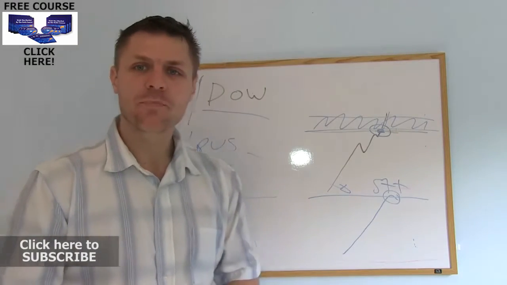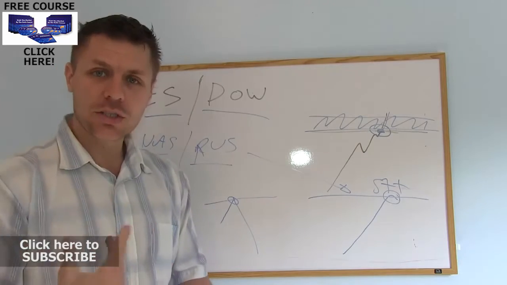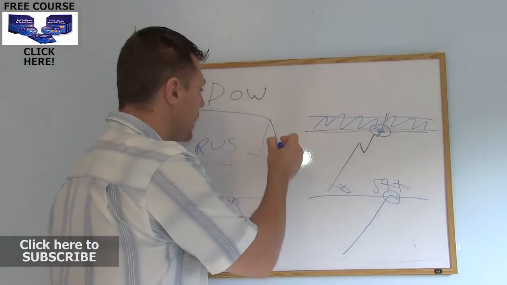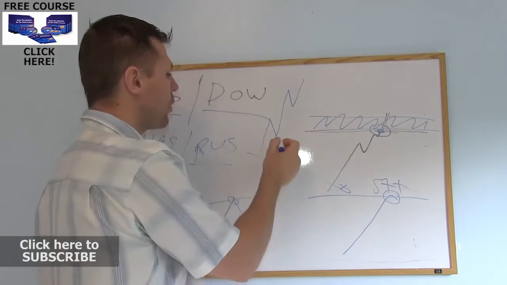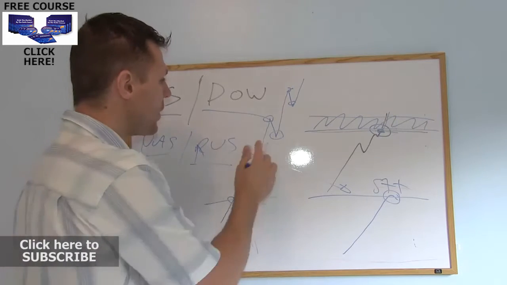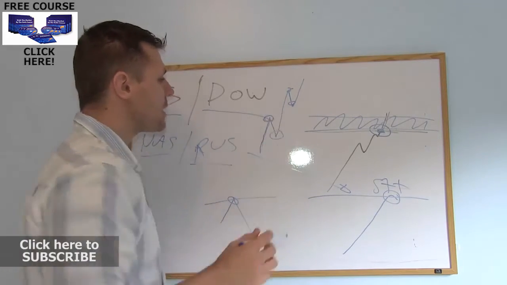Now, here's the thing. When you're trading, the market actually goes in cycles, right? That's how the market works. The market runs up and comes down, runs up, comes down, and runs up. It creates higher troughs and creates higher peaks, right? So when the market runs up like this, like it has now, it's in these moments that